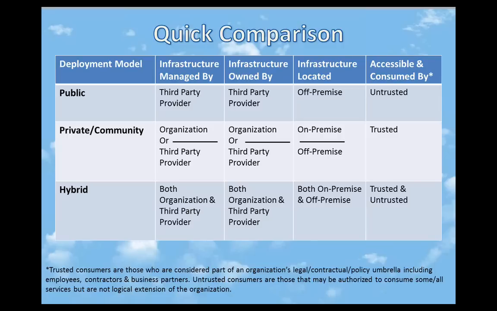So the entire infrastructure, facility, space, all the IT resources, are actually owned by the cloud service provider. Infrastructure located off premises. So if you are opting for a public cloud, all the data or whatever services you are accessing are off premises. Accessible and consumed by untrusted. If I talk about trusted and untrusted, I have put a small star here. Trusted consumers are those who are considered part of an organization's legal, contractual, policy umbrella, including employees or contractors and business partners. And the untrusted are those who may be authorized to consume